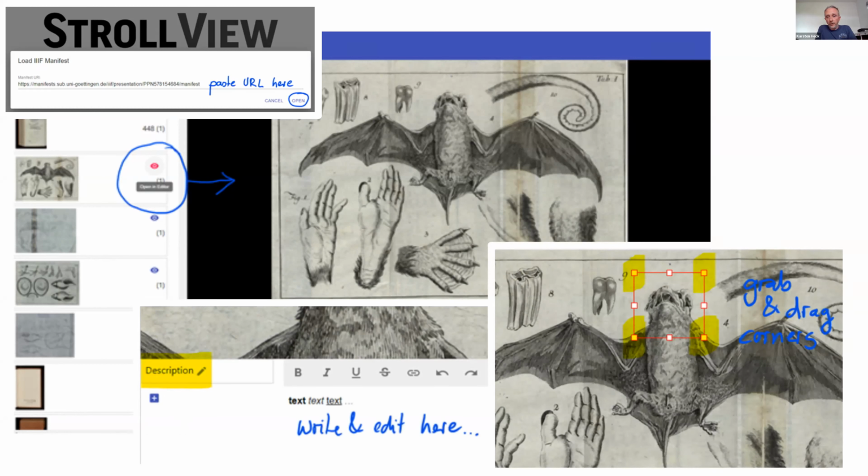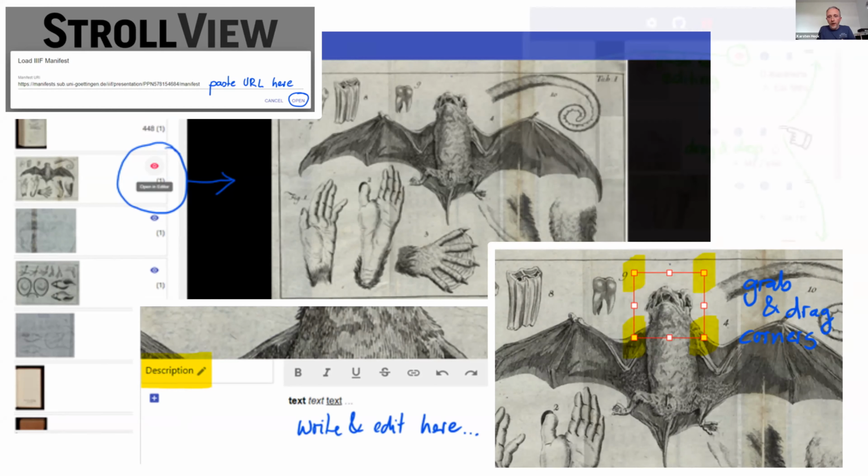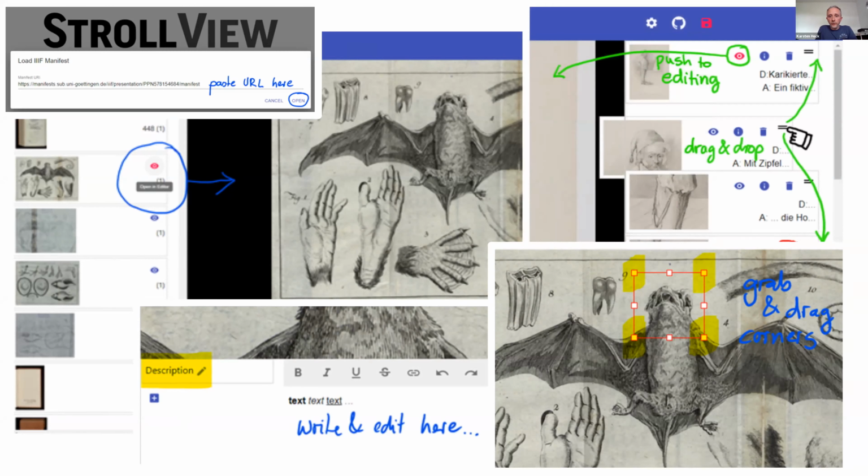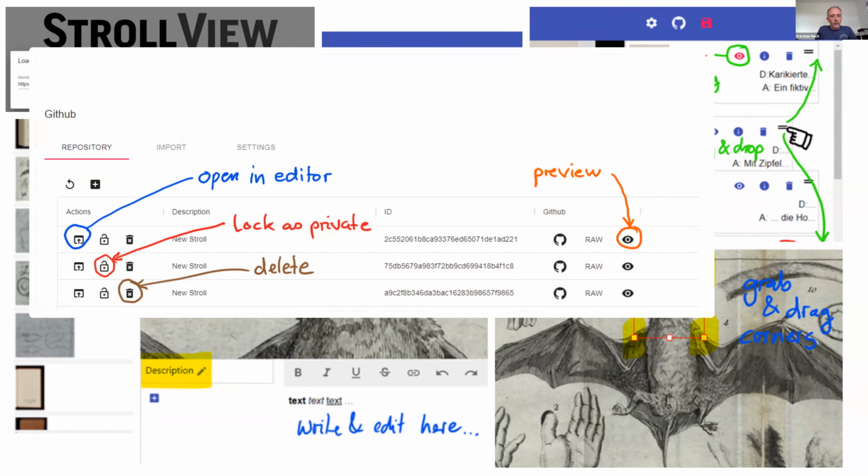You can annotate areas of the images by grabbing and dragging a square onto the position that should be zoomed at, and then create one slide from this annotation, which consists of an image detail plus a text attached to it. These slides go into a playlist you can arrange and re-edit all the time. So you can build your story going through the content of the Stroll,